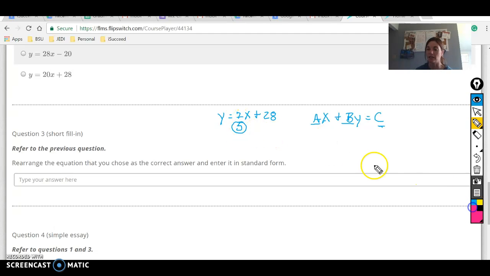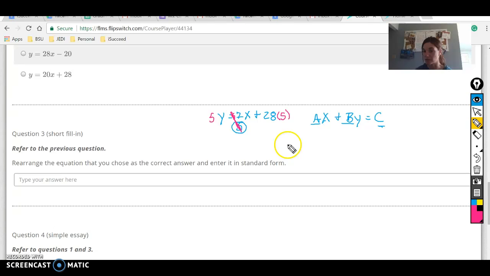So I'll write it here. 5, 5, and 5, okay? When I multiply this one by 5, it cancels the numerator and the denominator, so I'm left with 7x. The 5y is pretty easy, and now I just need to come up with 28 times 5,